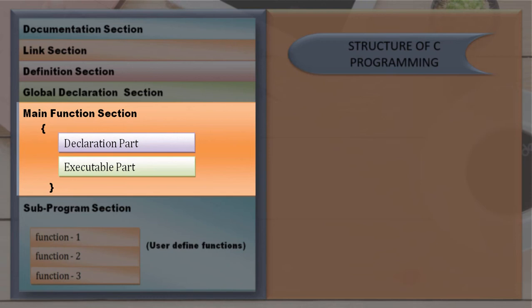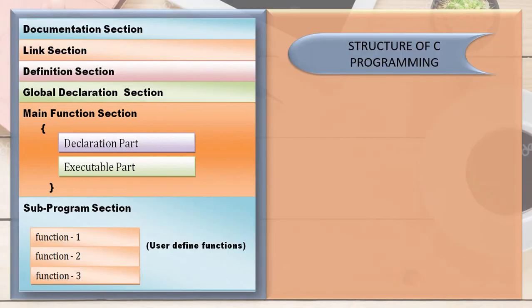And the executable part is all about the statements of the program by which we want to get the result of the program. That is the part from which the interface for the user starts, and this is why all logic or execution is written here.